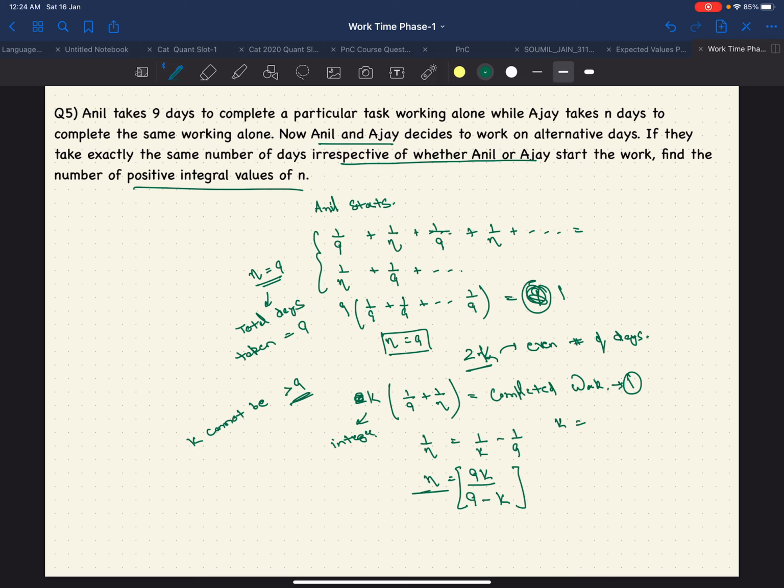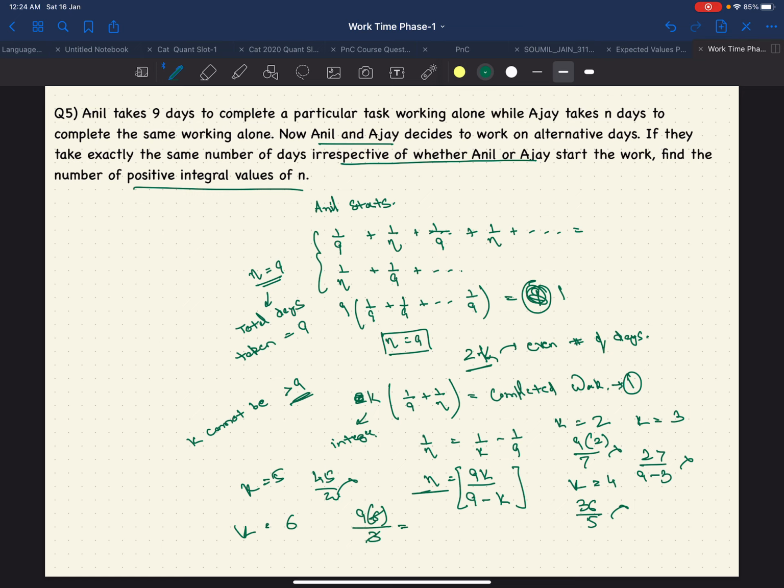So let's take k to be 2. 9 times 2 upon 7, not an integer. K equal to 3. 27 upon 9 minus 3, again not an integer. So k equal to 4. That is again not an integer. So let's take k equal to 5. This is 45 upon 4, again not an integer. K equal to 6. This